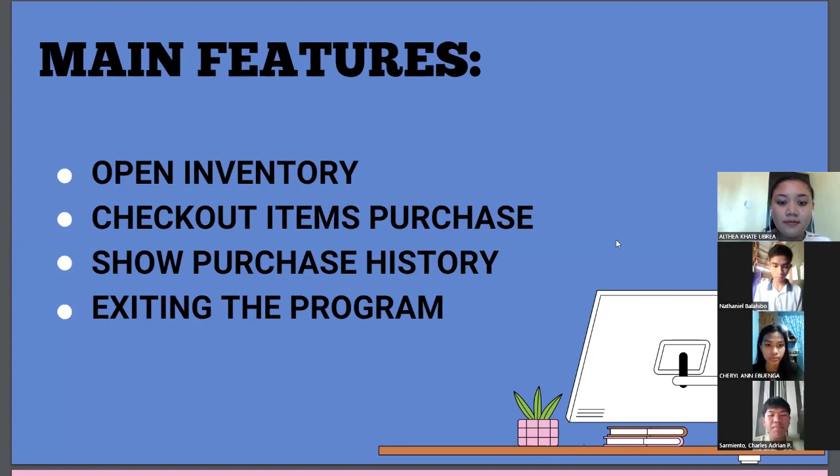As you can see in our main display, we have our key features, including inventory management, wherein users can easily view and update inventory details such as quantity and price for each item. Next is the checkout system. It's a streamlined checkout process for purchasing items directly from the inventory. We also have purchase history. Keep track of past purchases to analyze sales trends and make informed decisions. Also, the program runs in a continuous operation, allowing users to perform multiple tasks without interruption.